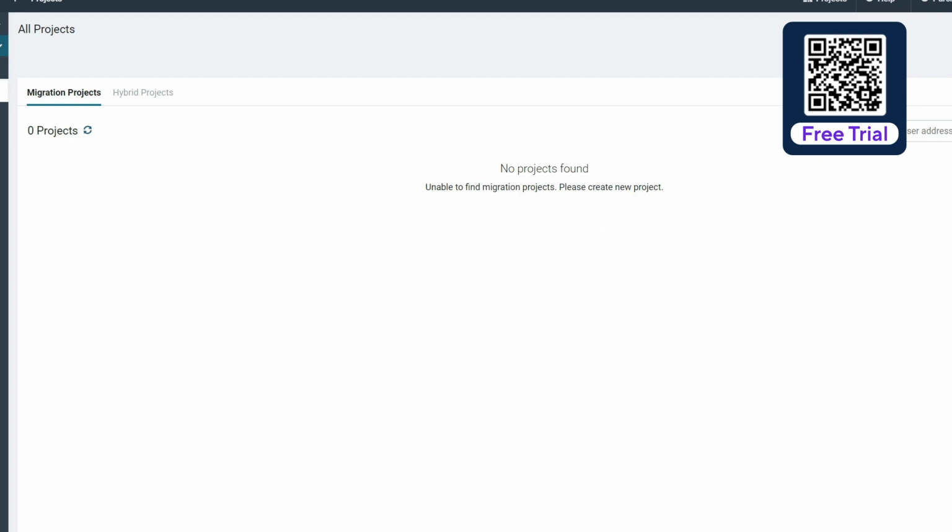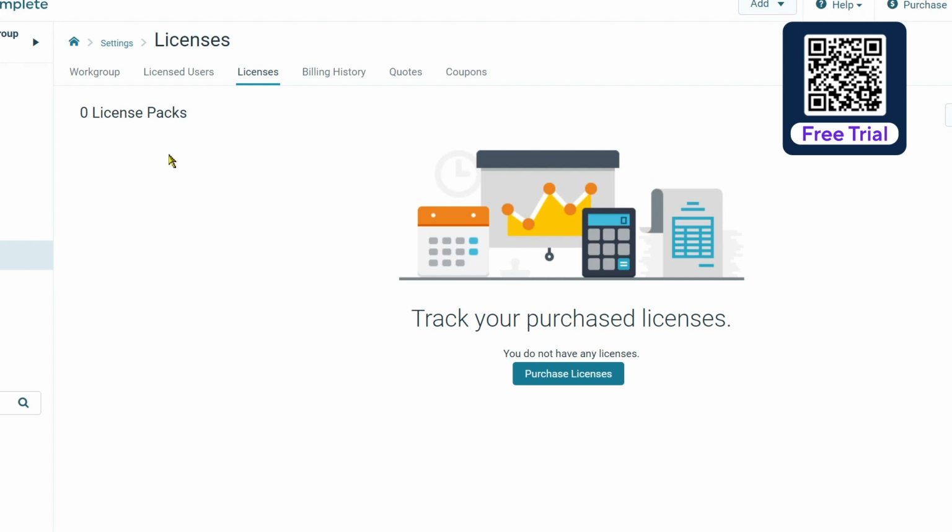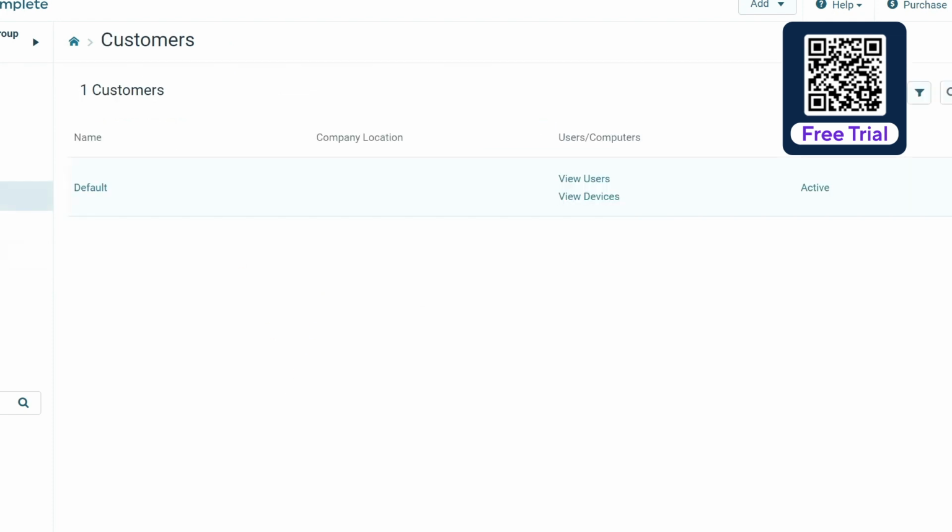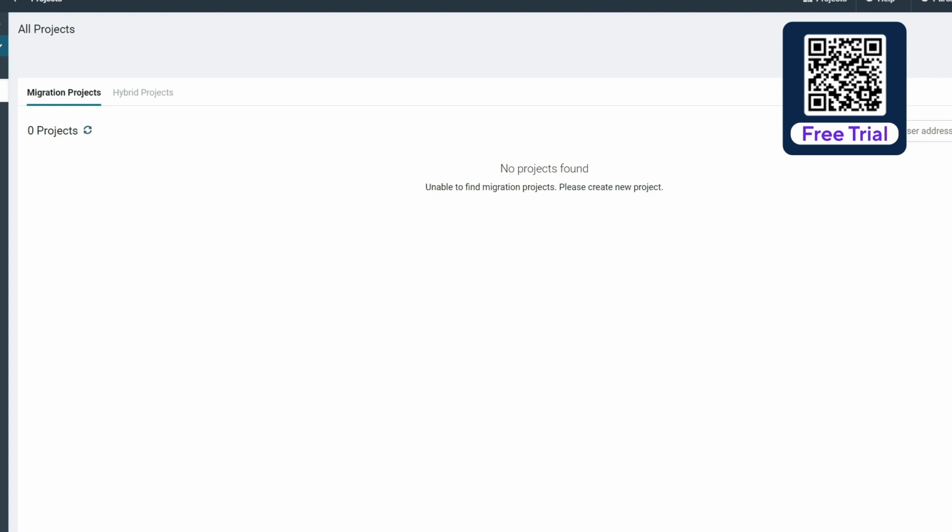And if I go to licenses as well, let's have a look at licenses. I will have nothing in there as well. I'm expecting, yes, there we go, nothing at all. If I go to customers, I'm going to have just the default customer. So you can see it's a brand new entity inside the MigrationWiz console, which is perfect because we are going to, as I say, call that one for a particular client that we're going to build these projects for,